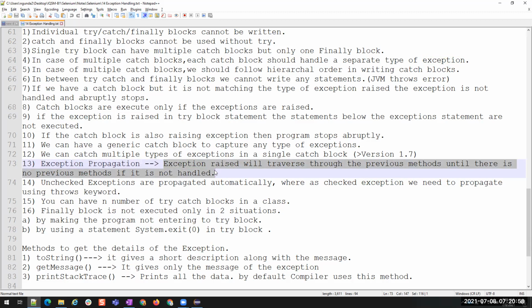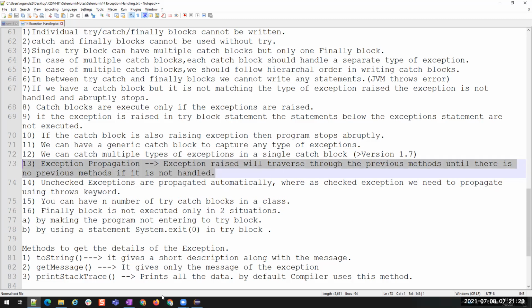So when we run this program in the console, it gives clear information about where it actually started and which classes it went through. Finally, it reaches the main method, and even if the main method doesn't handle the exception, it will throw the exception. That is nothing but exception propagation.